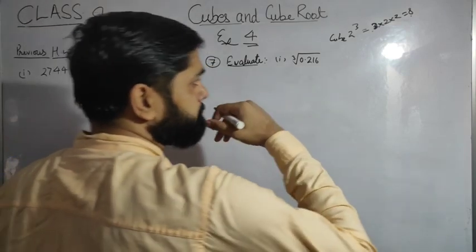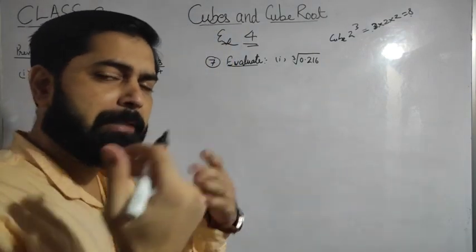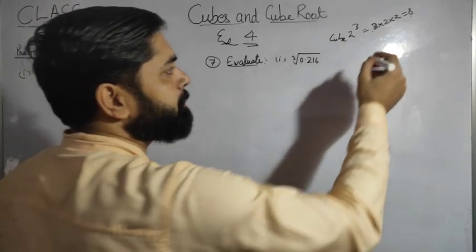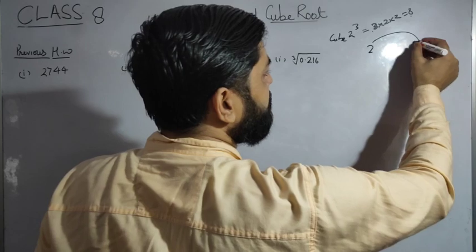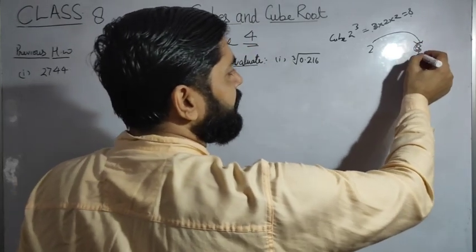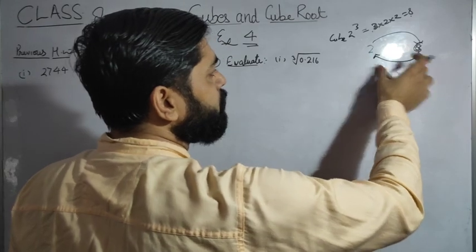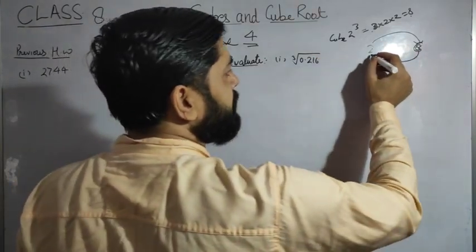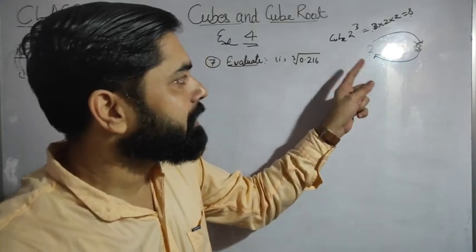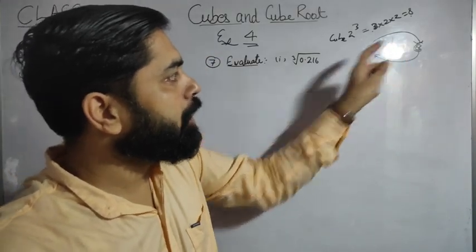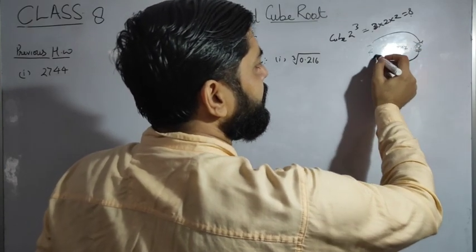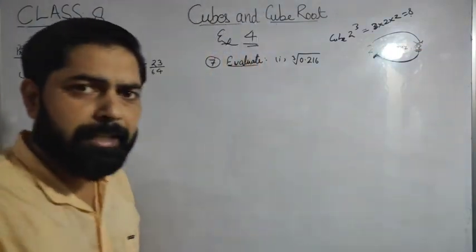And the cube root: I have explained in my previous video how to find the cube root and what the cube root is. Cube root just means, what is the cube of a number? 2, 8. 8 is the cube of 2. What is the cube root of 8? 2 will be the cube root of 8. It means multiplying 3 times gives us 8, and that is how we find the cube root of 8.